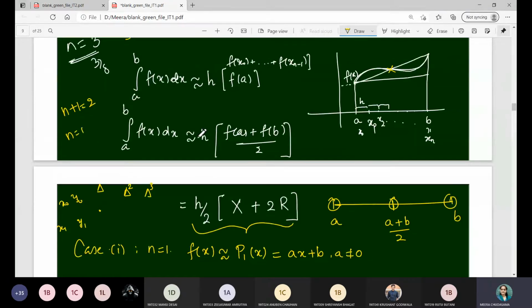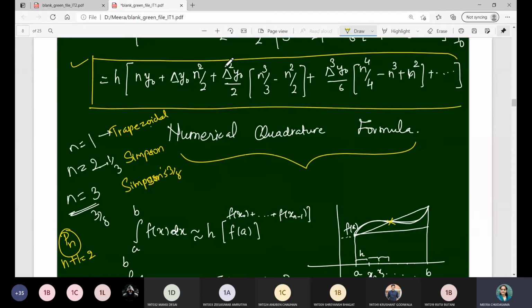If you remember, in interpolation we are given n plus 1 data points, so when you take a polynomial of degree n, in that case the n plus 1th order forward differences will be 0, right? So in our case, n is equal to 1, so delta 2, delta 3 all will become 0. So in this expression, from this term, the entire infinite terms will be 0. So we use only the first two terms, in which we have to substitute n is equal to 1, right?